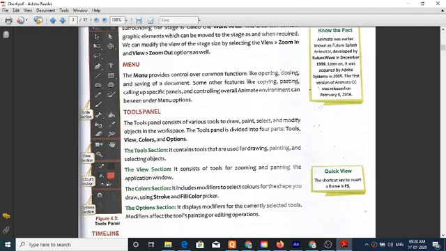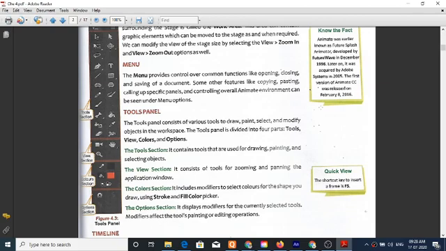The tools section consists of tools that are used for drawing, painting, and selecting objects. The view section consists of tools for zooming and panning the application windows.